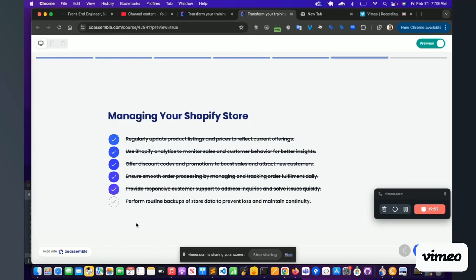Provide responsive customer support and address inquiries and solve issues quickly. Once customers purchase a product, they're looking for tracking information, emails, and follow-up to know that they get their product on time, to guarantee satisfaction. So you want to make sure you're using your Shopify store to give your customer base satisfaction, that they're happy buying the product from you and that they will come back. And how you solve these issues with customer support will guarantee they come back in the future